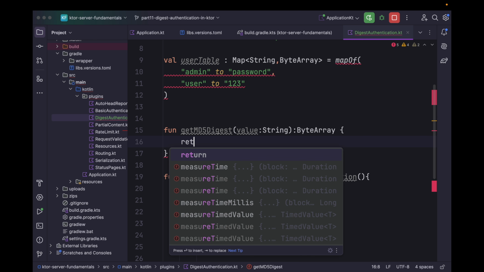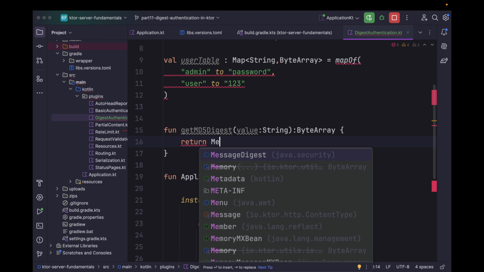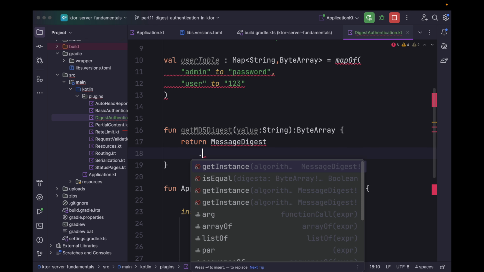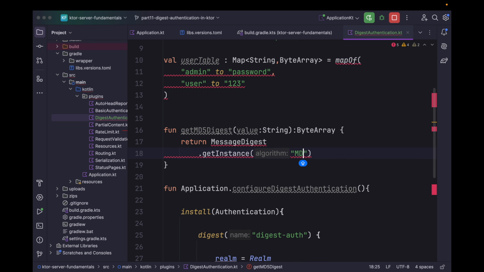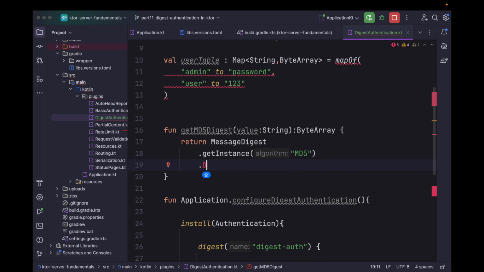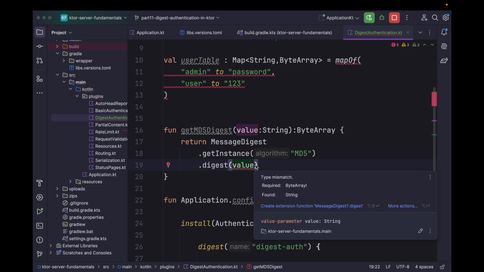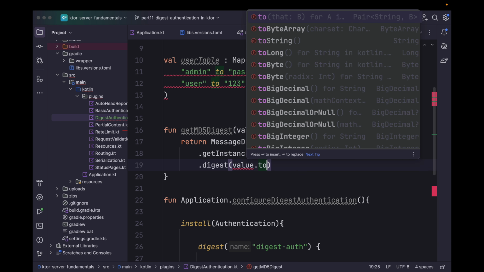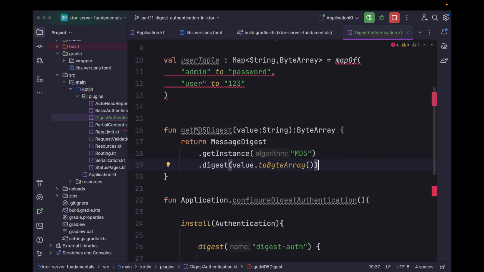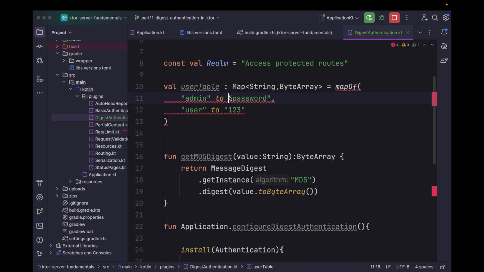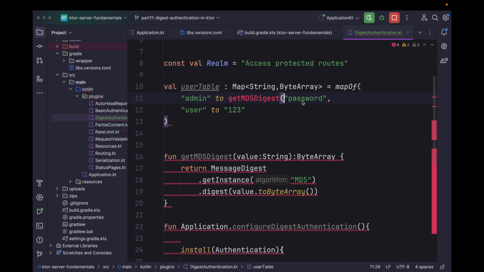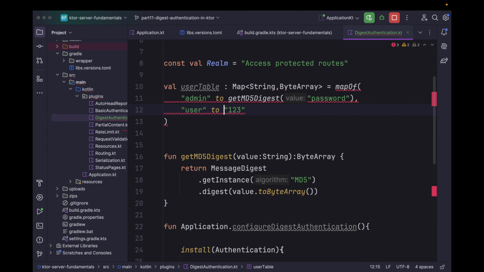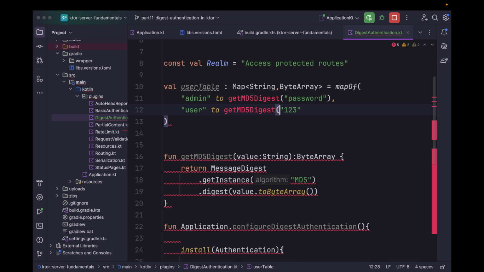We can simply return MessageDigest.getInstance("MD5"), and call digest with the input password. So we can say value, and since it takes a byte array, we simply convert it to a byte array. Now we can use this function over here. We can say getMd5Digest, and here as well we can say getMd5Digest.